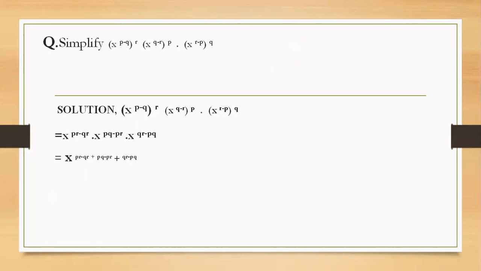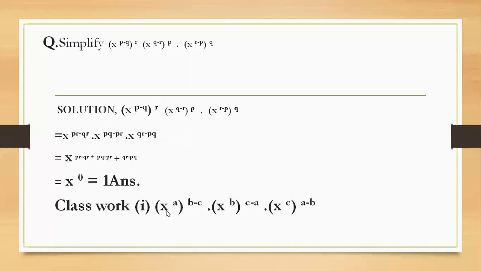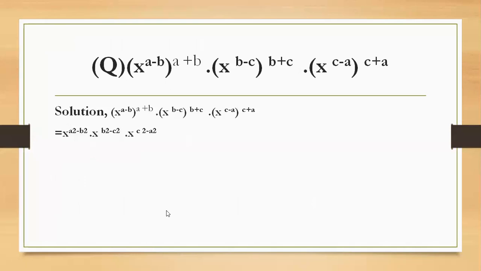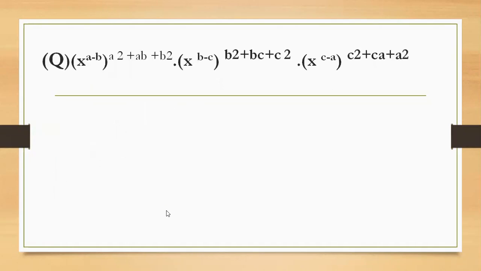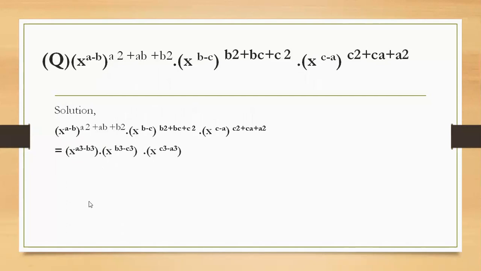Here power and whole powers are multiplied, and when you add all the powers it will be 0 and its value is 1. x to the power 0 means 1. Same thing we have to apply for this classwork also. And here also we multiplied power and whole power. x to the power 0 came, its value also 1. Here this is power and whole power. When you multiply it, it is in the formula of a cube minus b cube. Then when you add them, it will be 0. x to the power 0 also means 1.